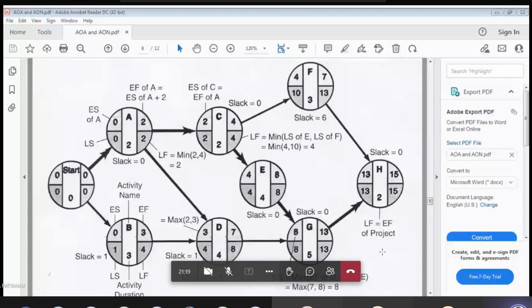तो जैसे आप एक्टिविटी ऑन आर्क में लास्ट दोनों डिजिट को बाय डिफॉल्ट इक्वल कर देते थे, जो अर्लीस्ट टाइम था उसको लेटेस्ट टाइम भी वही कर देते थे, यहाँ पे भी वही करना होगा आपको। अब देखिए जैसे आपका एच एक्टिविटी में जाइए, एच एक्टिविटी में आपको 13 + 2 15 मिल गया, so 15 हो गया आपका अर्लीस्ट फिनिश टाइम, राइट। जो टॉप का सेकंड डिजिट है 15 है, दैट इज द अर्लीस्ट फिनिश टाइम। तो लॉजिकली आपको क्या करना होगा कि जो लेटेस्ट फिनिश टाइम उसको भी 15 करना होगा।